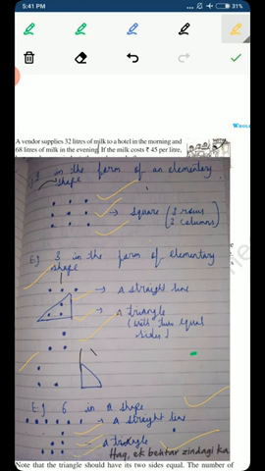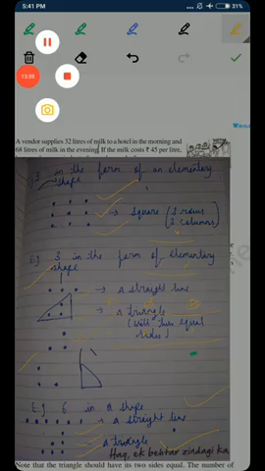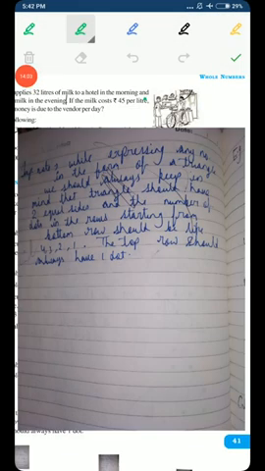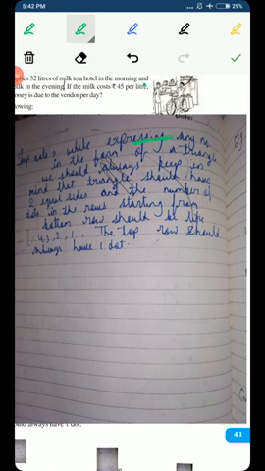And this is also a particular rule when you are expressing any number in the pattern or shape of a triangle: in the first line there will be only 1 dot, in the second line there will be 2 dots, in the third line there will be 3 dots, and moving on, in the next line there will be 4 dots. So this is a particular rule when you are expressing a number in the pattern of a triangle.